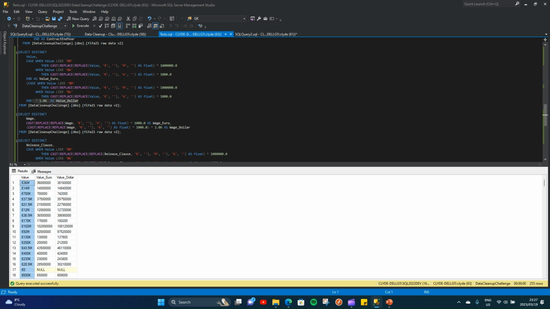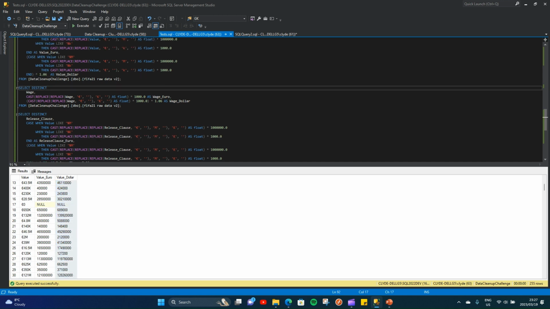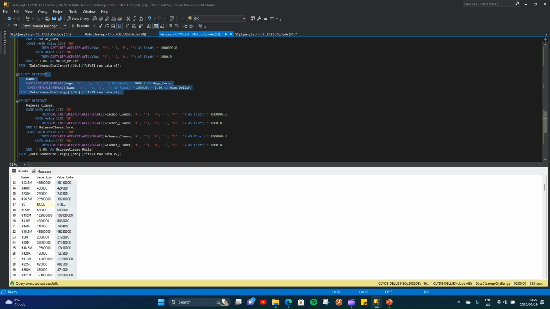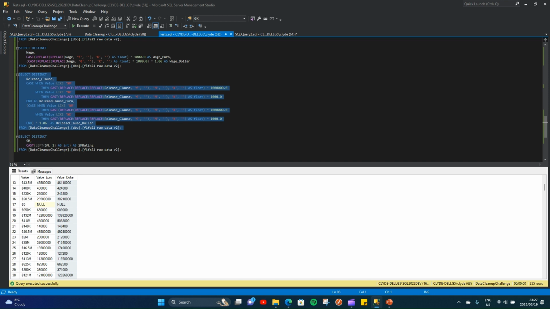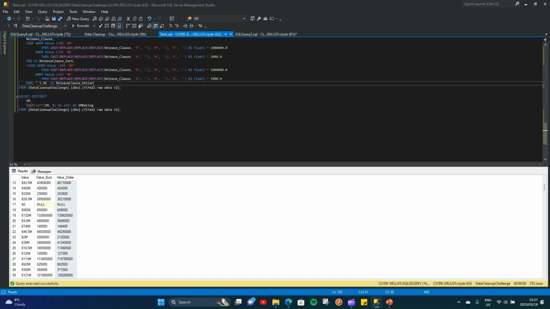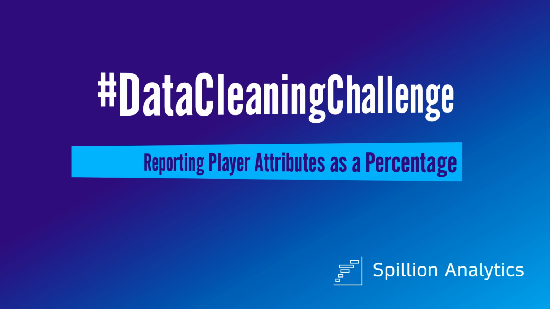So now I removed all the alpha characters. I converted that into a numeric value, which is in euros, and then I applied my exchange rate and converted that to dollars. And whatever I did for the value, again, like I said, I did the same thing for the wages and the same thing for the release clause. And now I had a uniform set of euro values in my